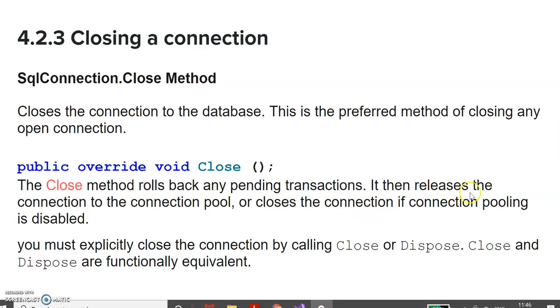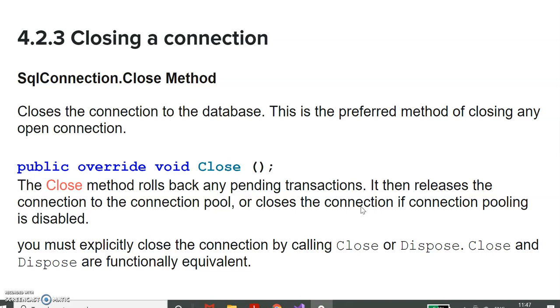After that, it releases the connection to the connection pool. If it is using the connection pool, then it will release the connection to the pool, or it will close the connection if the connection pool is disabled. ADO.NET provides the facility of a connection pool, where for disconnected data some content will be stored in the connection pool.